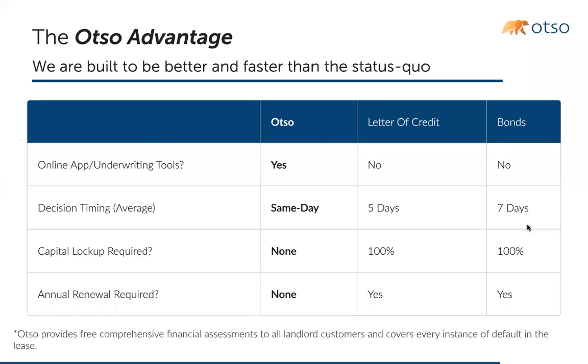But if you were to compare us to a letter of credit or, God forbid, a bond, here are the major advantages. Number one is none of those programs are as fast as us. None of them are going to allow you for free to bolt on our underwriting software to your buildings with little to no impact and enhanced decision making on every prospective lease. I can't understate the value of the underwriting tech that we've built for you. You can bolt on Rocket Mortgage for your building on every commercial deal. Our decision timing is literally minutes in most cases. Over 50K, it does take us a couple of days, but we're faster no matter what. For $50,000 and below, we're in a matter of minutes generating decisions and reports for you.